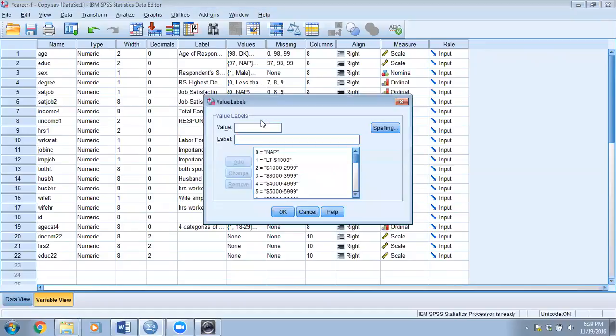But if you see the data here, it is actually categories. It's ordinal, but it has too many categories, so it's being treated as an interval scale or scale level variable,